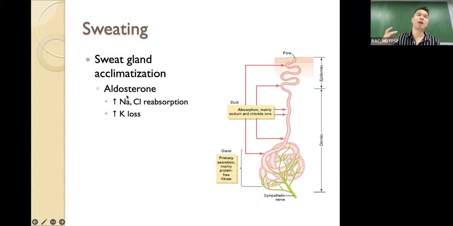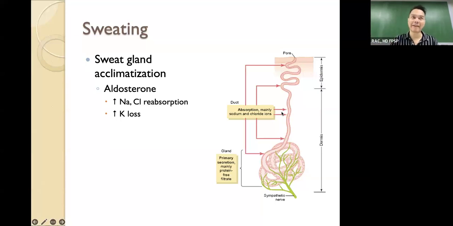If you will recall, the role of aldosterone is to maintain extracellular fluid volume. So several organs will be targeted by aldosterone. Primary to this, of course, you have the nephron. Along the gastrointestinal tract, of course, you have the intestine, the salivary glands, and here you have the sweat glands as well. So the sweat glands will respond to aldosterone, increasing now reabsorption of sodium, chloride, and water.